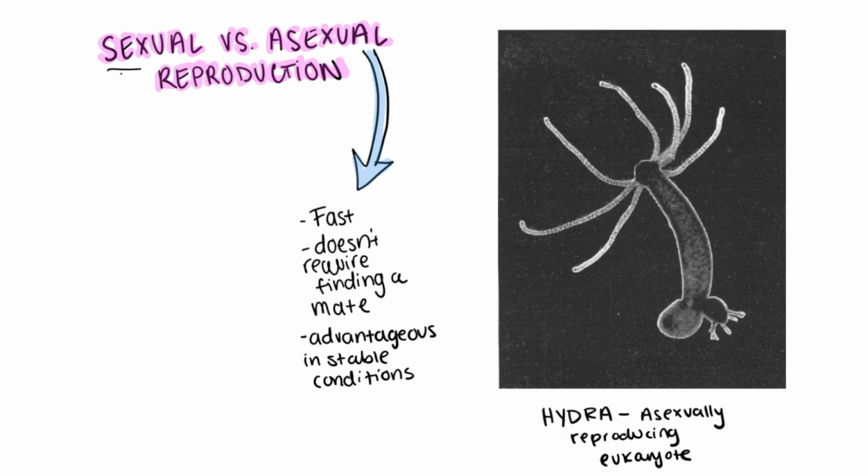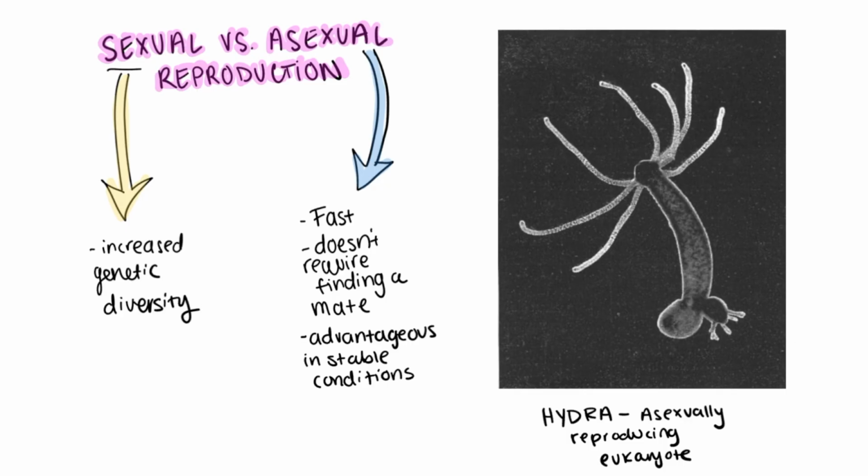But sexual reproduction has a major evolutionary advantage, and that's increased genetic diversity. That variation helps populations adapt to changing environments, resist diseases, and avoid the buildup of harmful mutations over generations. When it comes to sexually reproducing organisms, enhanced diversity is the name of the game. It is the strength of our species and something that is to be celebrated and valued.